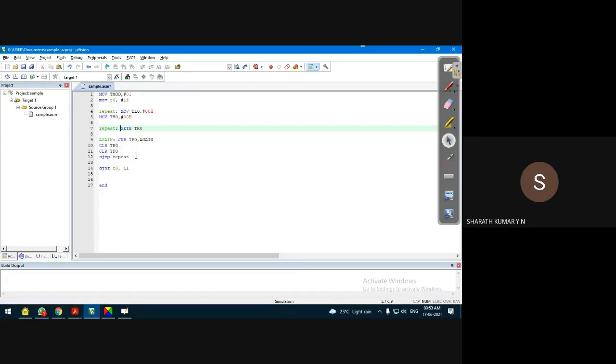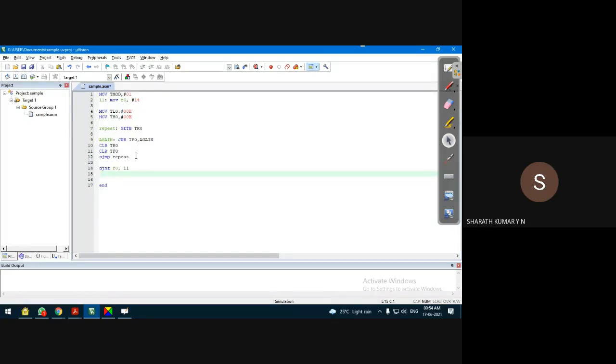Give me a second. I'll update the program, then I'll explain. So this L1 should come to details somewhere. This is not necessary, because once it is loaded, automatically it will be reset to 0000. No problem. Okay. DJNZ L1 should come. L1 should be somewhere here. Okay, fine. So once this is done, it will be reset to.